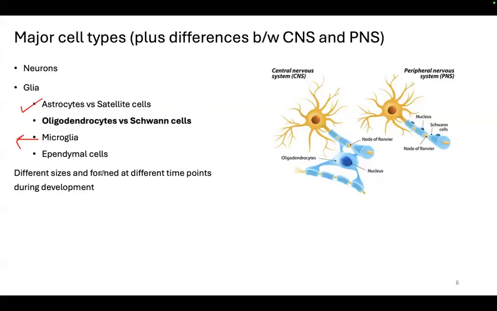And then we have ependymal cells. So again, we're not going into that today at all, but there is something known as a blood-brain barrier. So there is not a free flow of blood throughout. So between the blood vessels and the brain, there is an extra layer of cells, which is known as the ependymal cells. Again, the main reason why it's there is because you don't want a lot of, so blood is